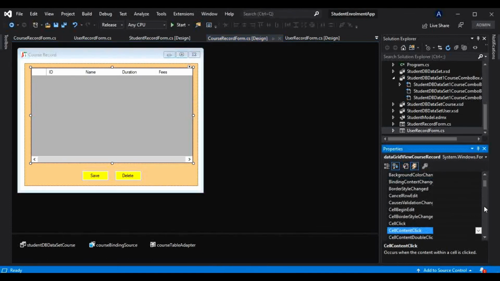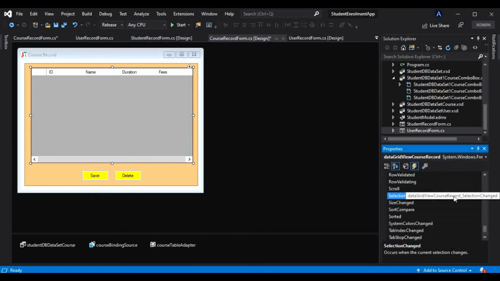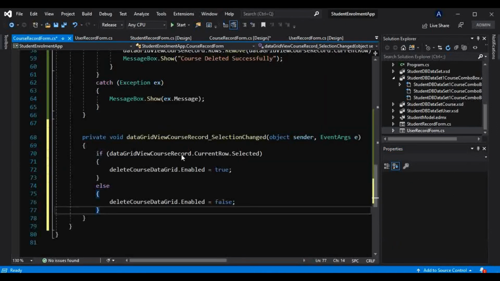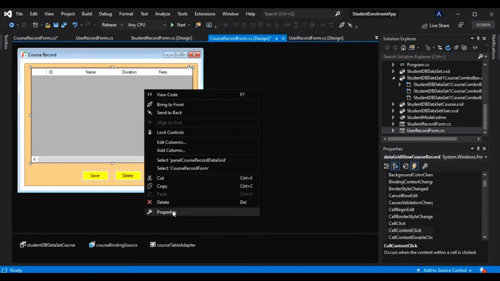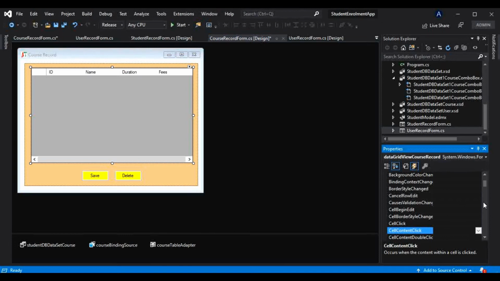That is the selection change event. So here there is the selection change, and in that I will put that code, and similarly I want the cell double click event as well.